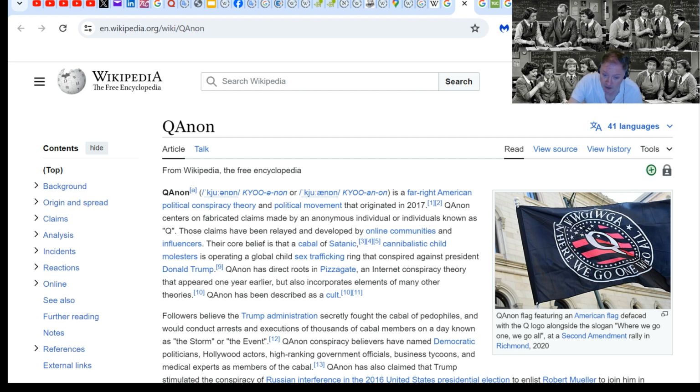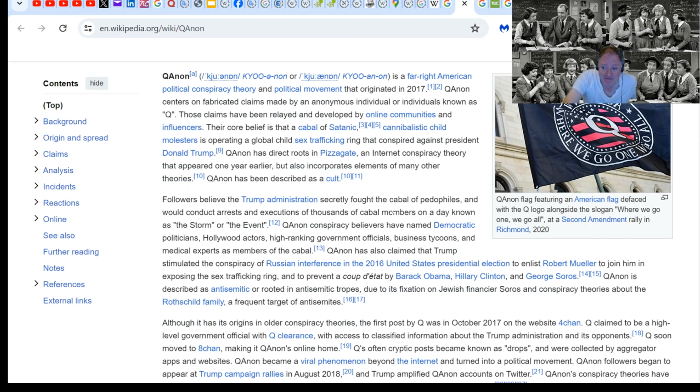QAnon has direct roots in Pizzagate, an internet conspiracy theory. Not a conspiracy theory, a conspiracy truth, in fact, that appeared 1 year earlier, but also incorporates elements of many other theories. QAnon has been described as a cult by the woke cult, who are the real Satanists. Oh my goodness. You just can't get any better than this. Now,